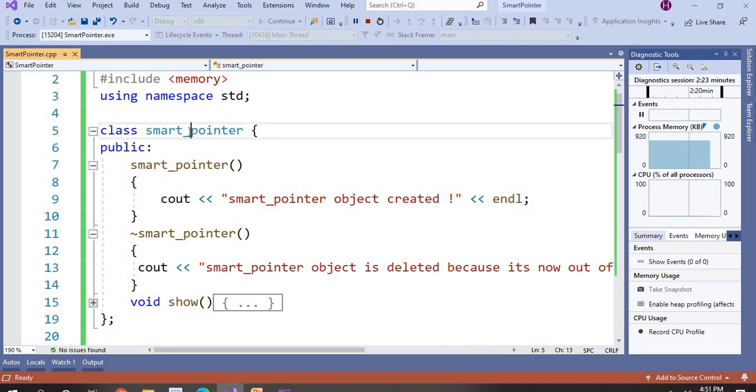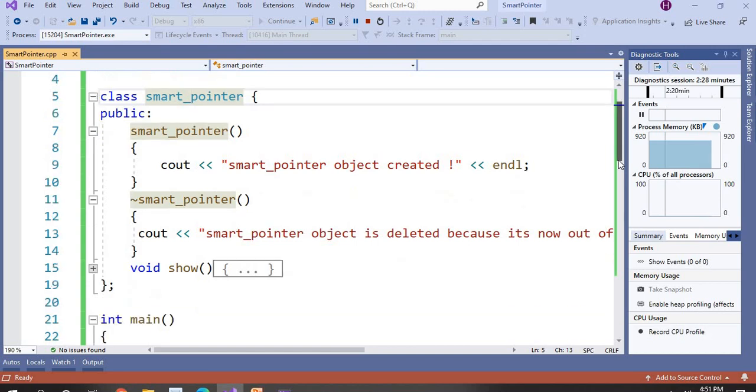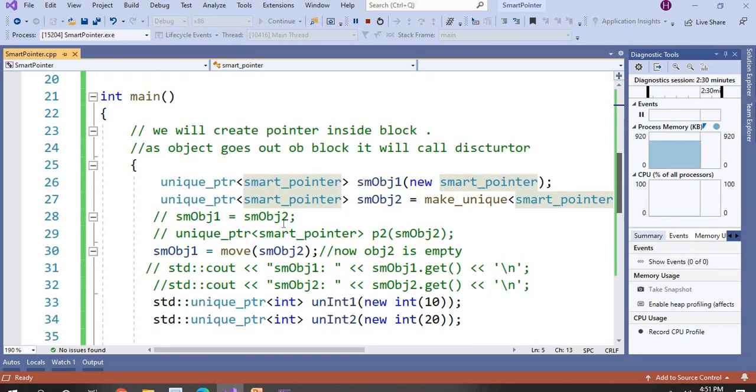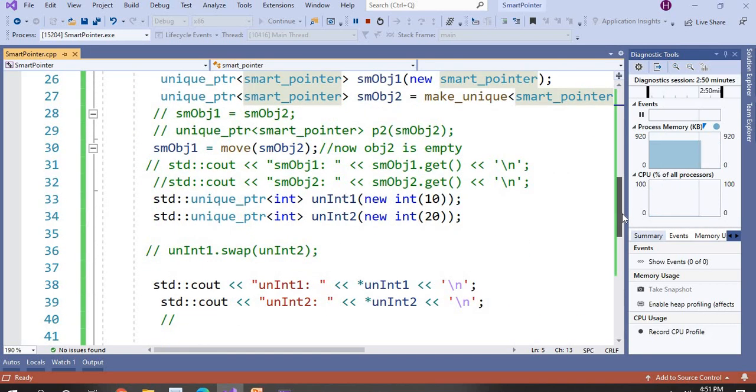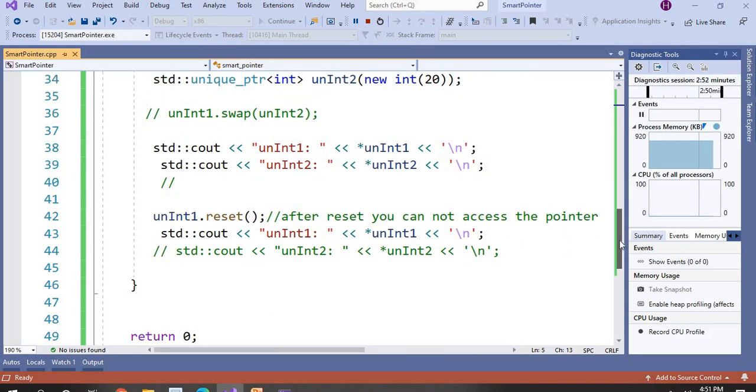I have created a class with one constructor and one destructor, printing some messages. In main, I have created a block scope, so I can easily understand when the object goes out of scope, and created two unique pointer objects. I have tried to assign it, move it, swap it, and reset it. You can try all this functionality at home.